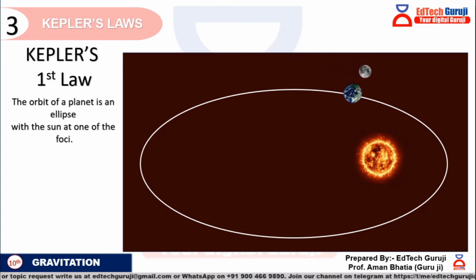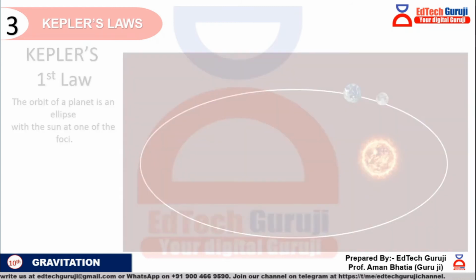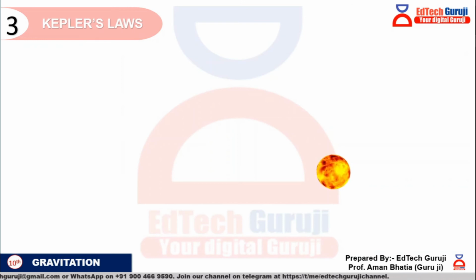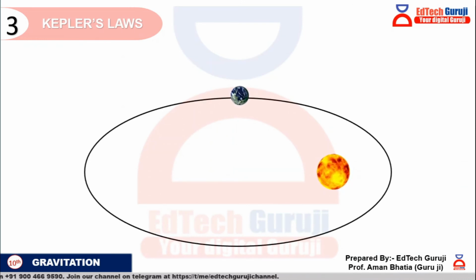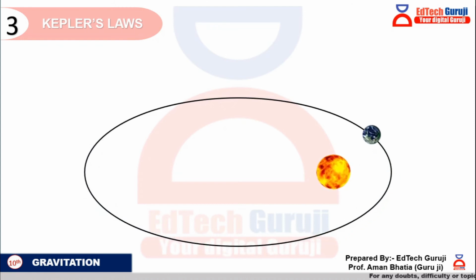Right? So moving on to the next one. Let us say here is the sun and here is the earth. Of course, the earth is moving in an elliptical orbit. Now, what is the second law? Very, very important to understand. What is the second law? So, let us say when earth is revolving around the sun, after every certain amount of time, it is sweeping a particular area.